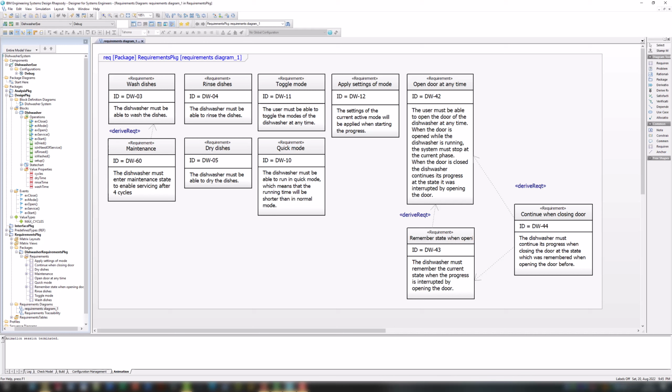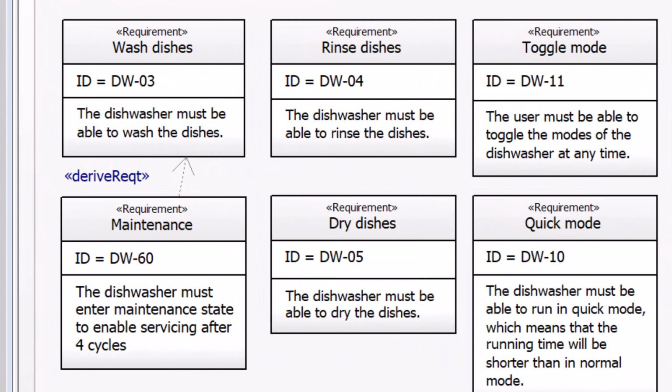This example of model execution is supported by a model of a dishwasher. The dishwasher has the following requirements. Its primary purpose is to wash, rinse and dry the dishes. For maintenance reasons, the dishwasher must enter a maintenance state after 4 cycles and should not be usable until servicing